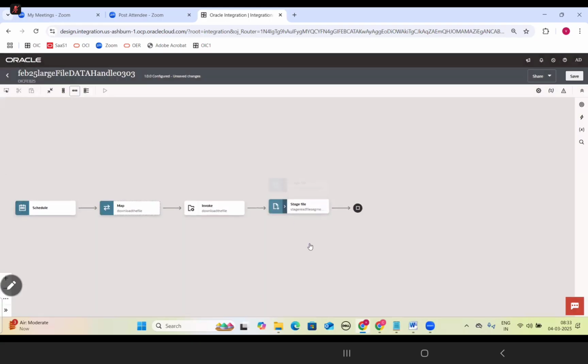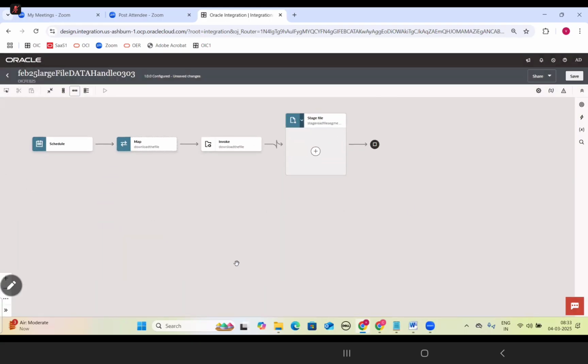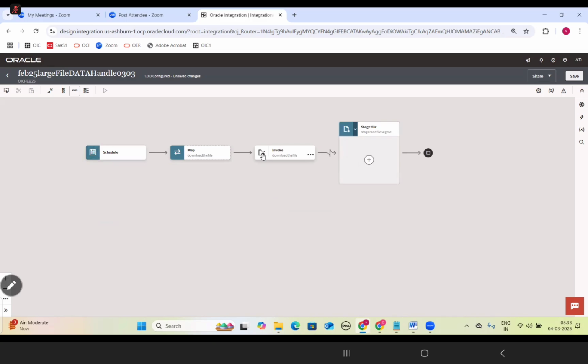Now it is a kind of looping, guys. Whatever file is downloaded, we want to process 2000 records in one run. The first 2000 records become one file that I send to the destination system. The second 2000 records create another file and are sent to the destination system. Like that it will continue the loop.